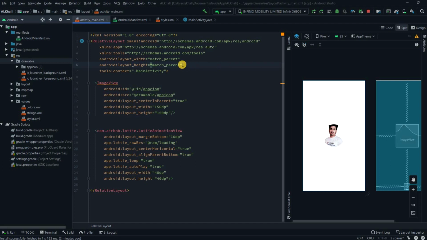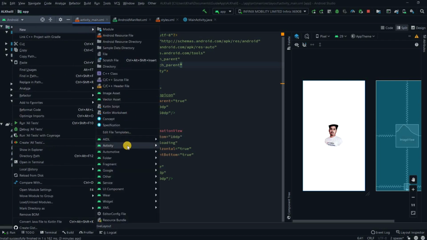Okay, so we just need to go to another activity when our application starts, and it will keep on the screen for 3 seconds, 4 seconds, or any duration that you want, but I will do it for 3 seconds, and after that it should go to another activity. So we just need to create another activity. Right now it is only one activity, which is the main activity, and we are using this main activity as the splash screen. So for creating a new activity, you just need to click on app, right click on it,